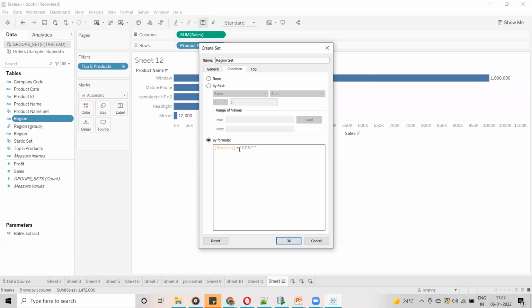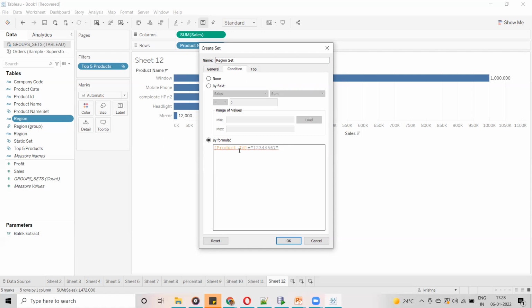Okay, so now here, instead of region, if I try product ID equal to 1 2 3 4 5 6 7 8, again you get the error: cannot compare string and integer values. Product ID is a string, so I am going to insert double quotes. Still there is a red line below it. Whatever formula we have written, a red line means the calculation is invalid.